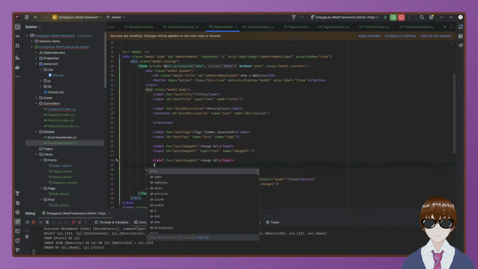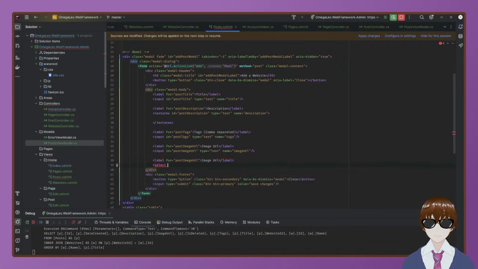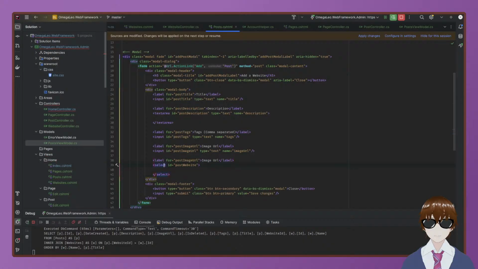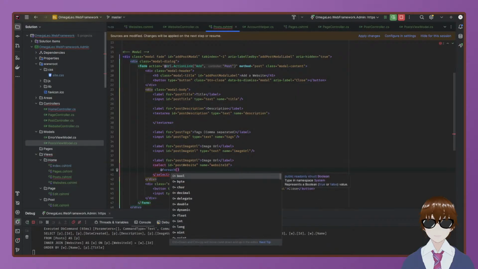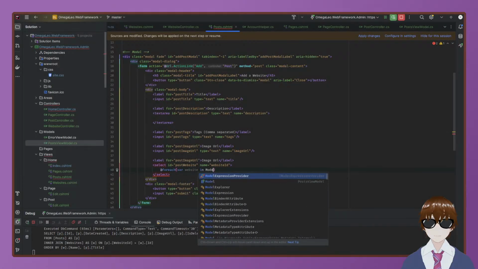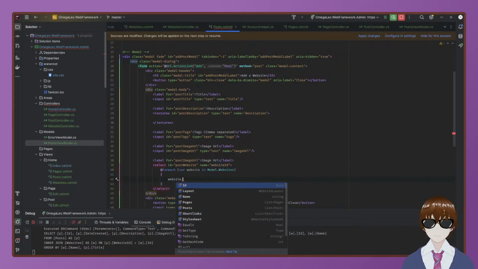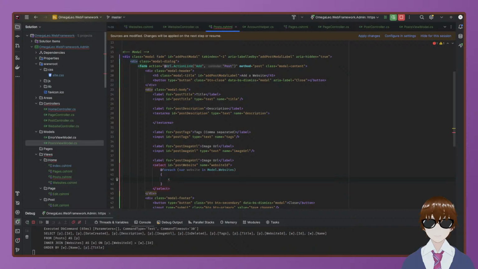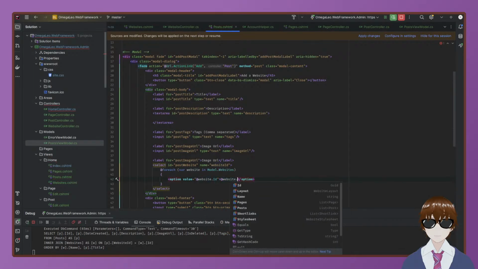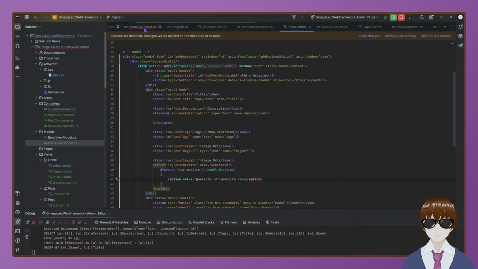Label for select ID equals website. Post website name website ID. And for each website in model.websites, option value equals website.id to website.name. Okay, and in here